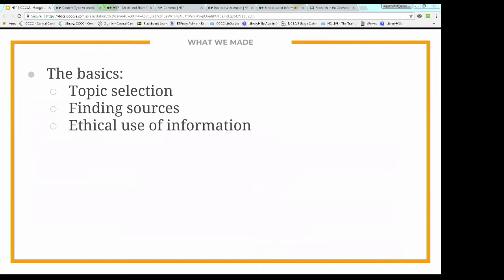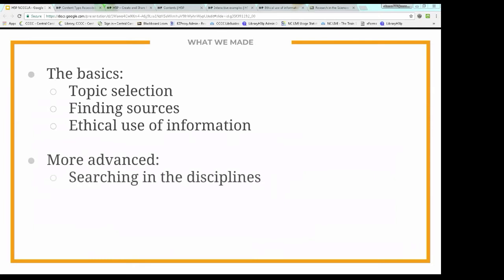We realized there was a need for more than just these 3 basic modules, so we made some more advanced ones. For our English 112s, we made modules about searching in each discipline: searching in science, searching in the humanities, searching in social science, as well as giving overviews of specific databases within those disciplines and how to navigate through them. For those people that have not used JSTOR before, it's not necessarily the most intuitive program, so we wanted to give our students a leg up. Instead of just throwing them into an interface and saying, find your peer-reviewed sources. So it allows us to talk to them without actually being physically there with them.